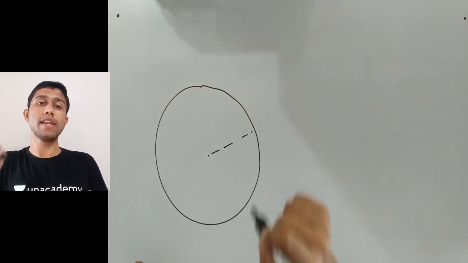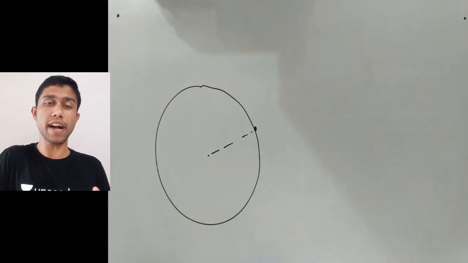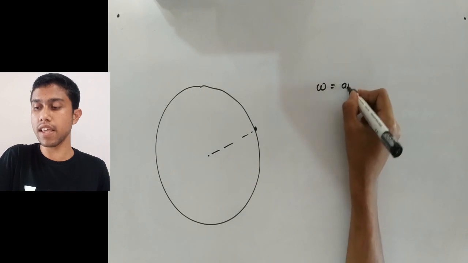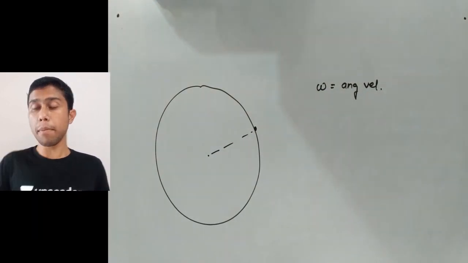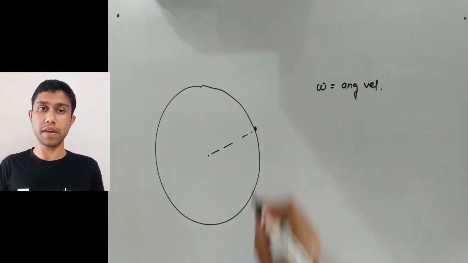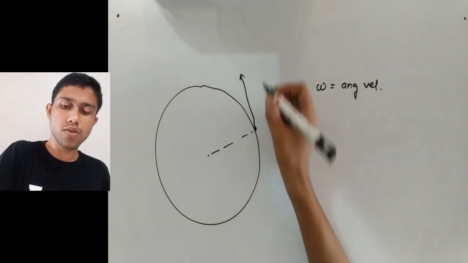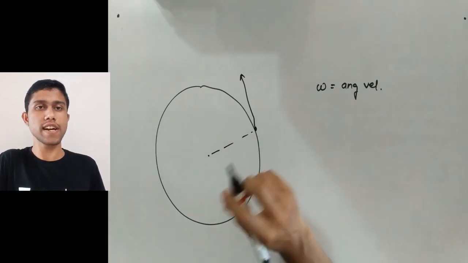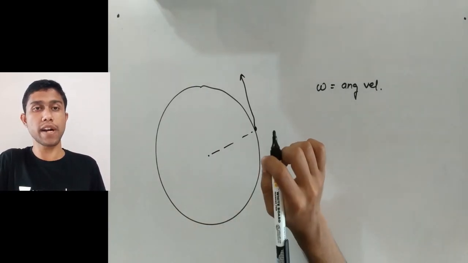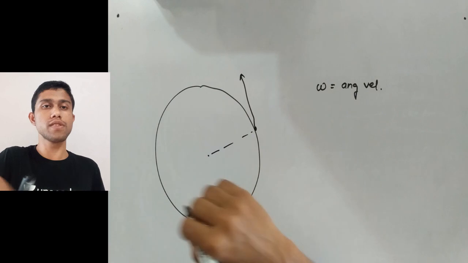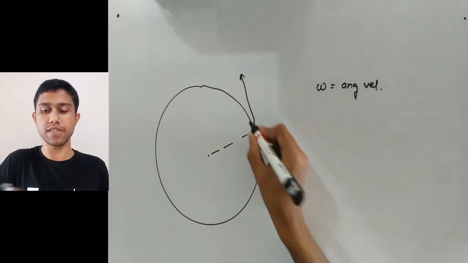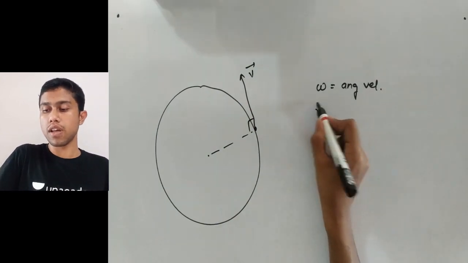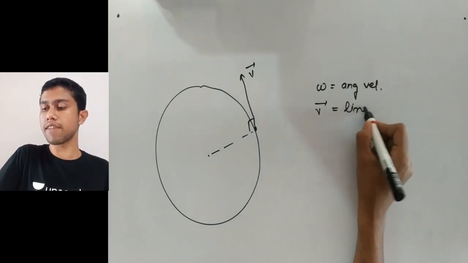There's a linear velocity component also. Suppose this is the particle, I know this is performing a circular motion, so it will have omega, that is the angular velocity, but you can't see the linear velocity. But if you draw a tangent to this at this place, what is a tangent? Tangent is that perpendicular line which you draw at any point on the circle which is perpendicular to the radius. So this is the tangent, and this tangent will give you the linear velocity. So this is the linear velocity vector.